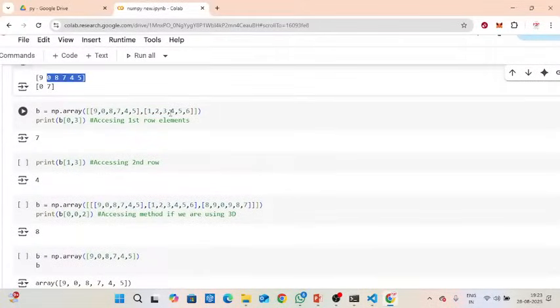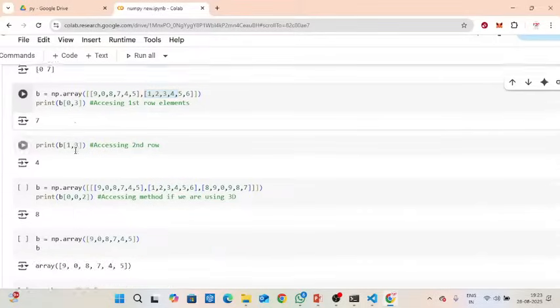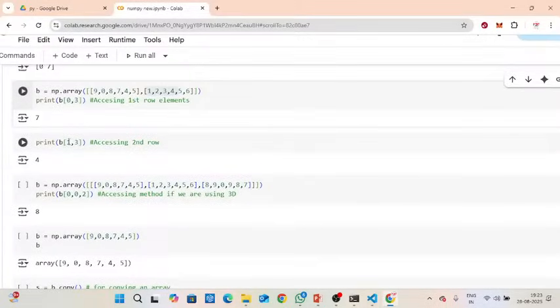If it is a 2 dimension array, we need to give it like 0, 3. You can give any name. Here I have 2 rows of data, so here I can give 1 or else 0. Here I gave 0, so this is 0 and then this is 1. 0, 3 means in the 0 index value, this is the 0 index value, in that 0, the third index value, I need to print the third index value. That means 0, 1, 2, 3. It will print 7. If I want to access the second row, here I need to mention 1.